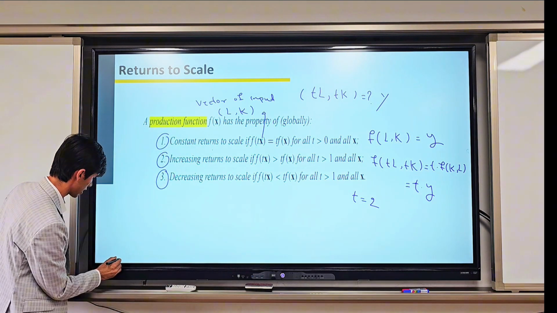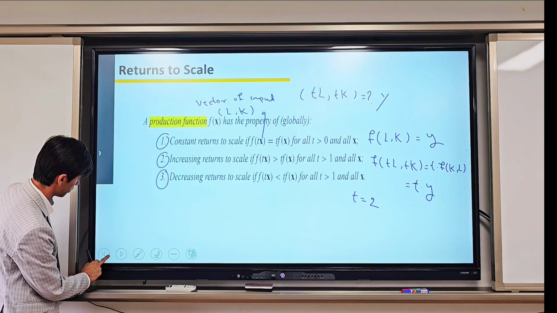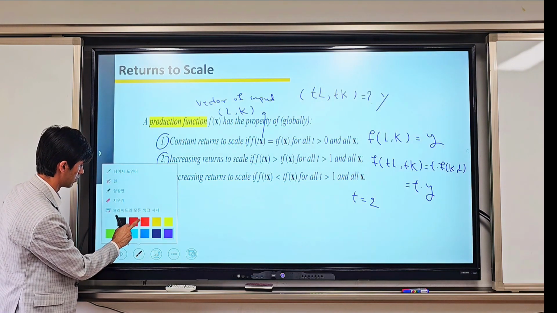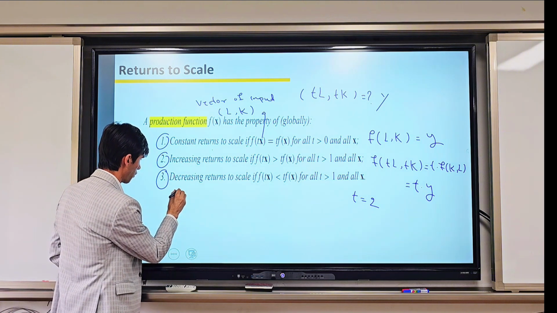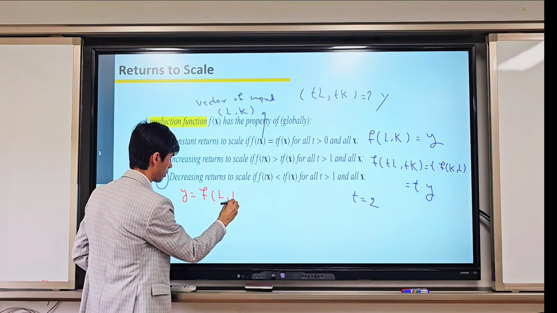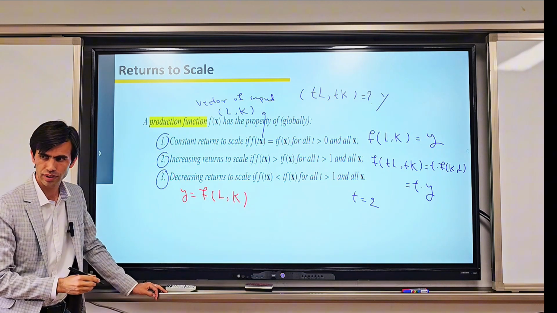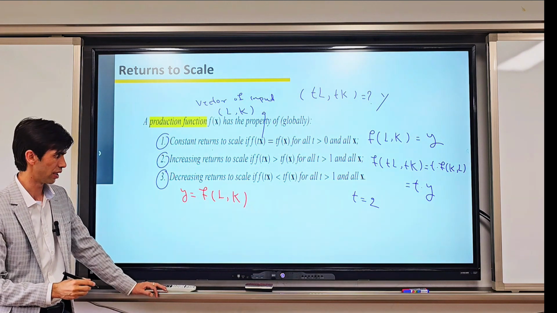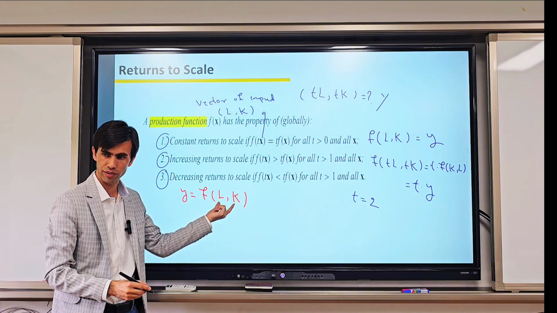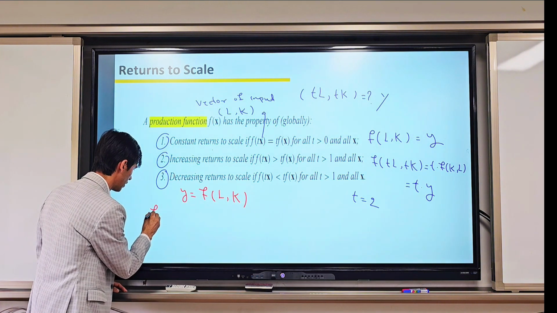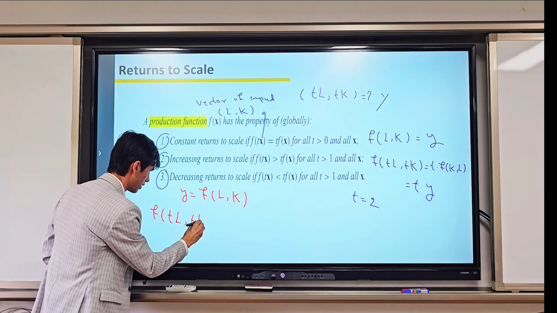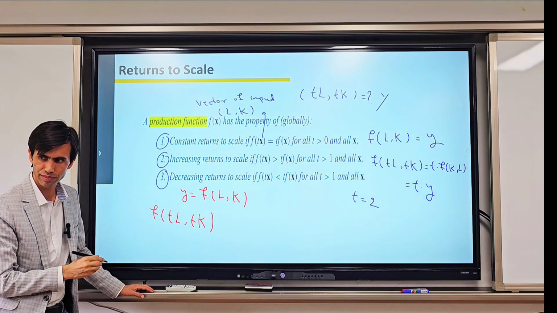Like for this one, we have y as a function of labor and capital. Now we are scaling up labor and capital by some amount t, then f of tL and tk,